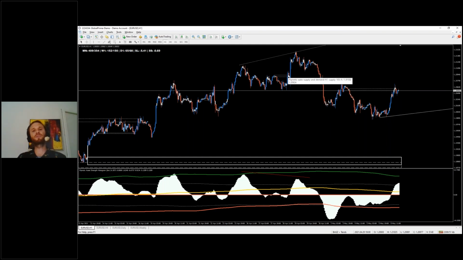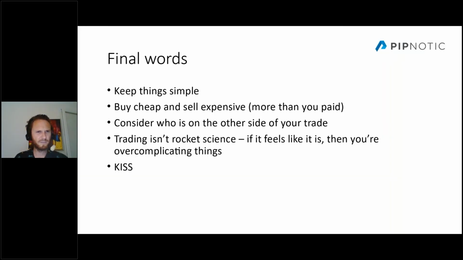So before you get into a trade, ask yourself the question: who would I be buying from or selling to? If you ask this question, it forces you to stop even for a moment and consider it. And this will put you in a better headspace to make further decisions. And again, here I say trading isn't rocket science. It really isn't. And if it feels like it is, then you're probably overcomplicating it by using way too many